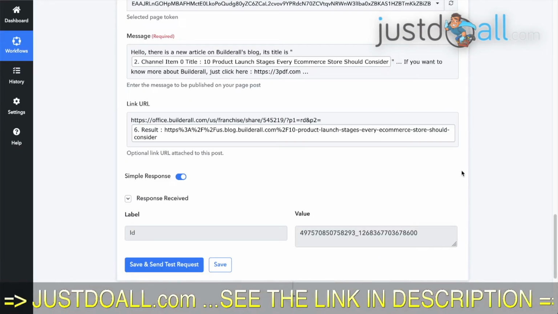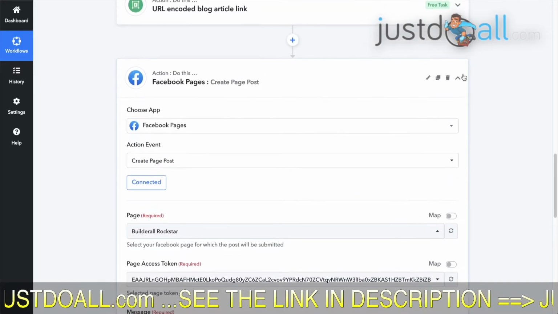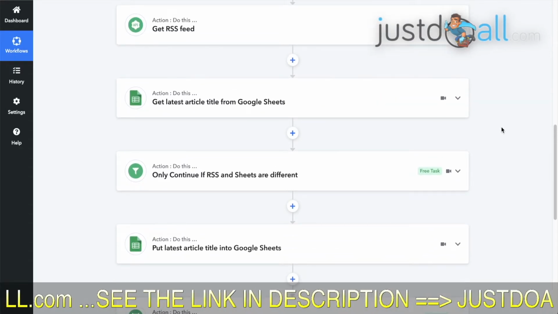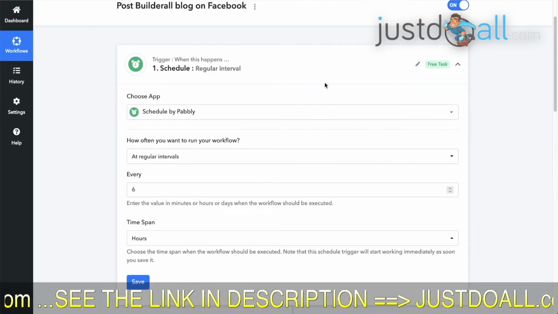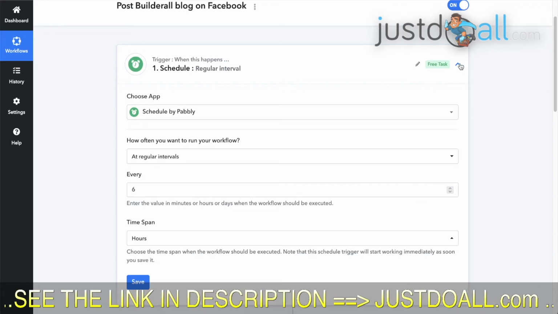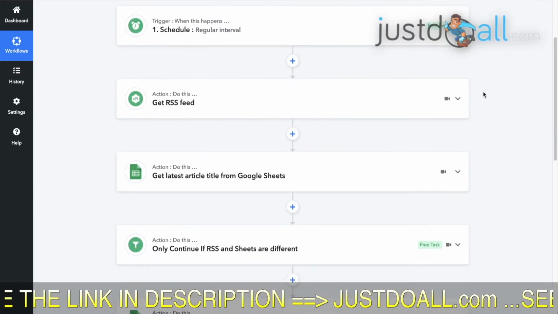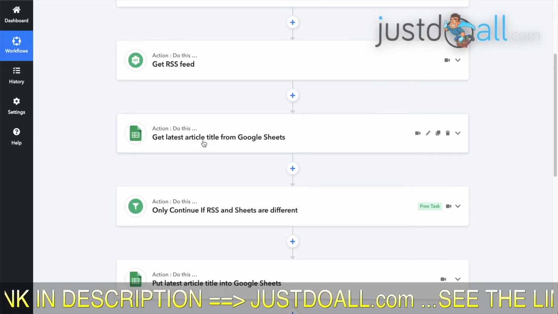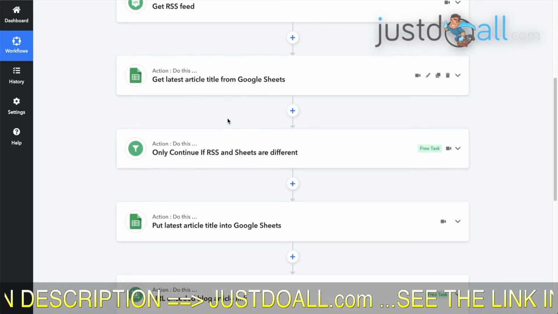But now, I will just show you in Pebly the actions, you know. So the first is a schedule of 6 hours. Every 6 hours, it takes the RSS feed, it takes the latest article title from Google Sheet, and it looks at them.